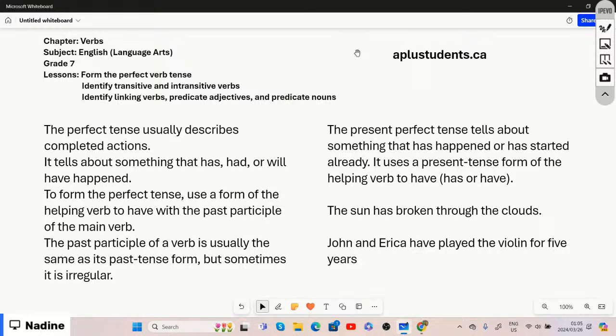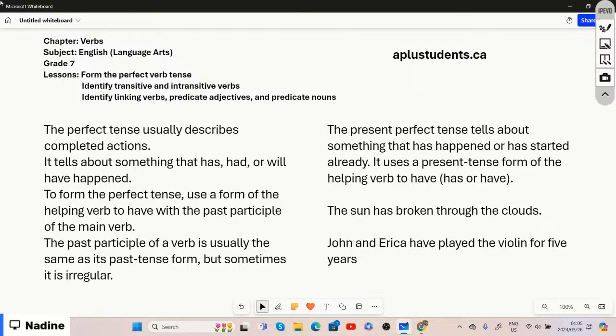All right. So when it comes to the perfect verb tense, when we talk about tenses, we usually talk about either present tense, past tense, or future tense. So before we even go to the perfect verb, tenses have to do with either present tense, past tense, or future tense. That is our tenses. And now the perfect tense,